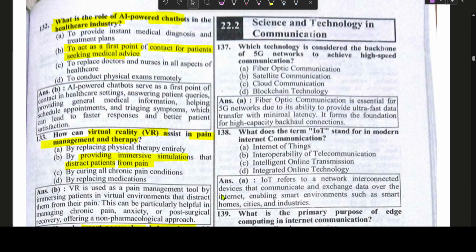So, hello friends. Today I'm going to solve the questions of science and technology, which is from the role of science and technology in our daily life. So here we go. Which of the following is considered the backbone of 5G network to achieve high speed